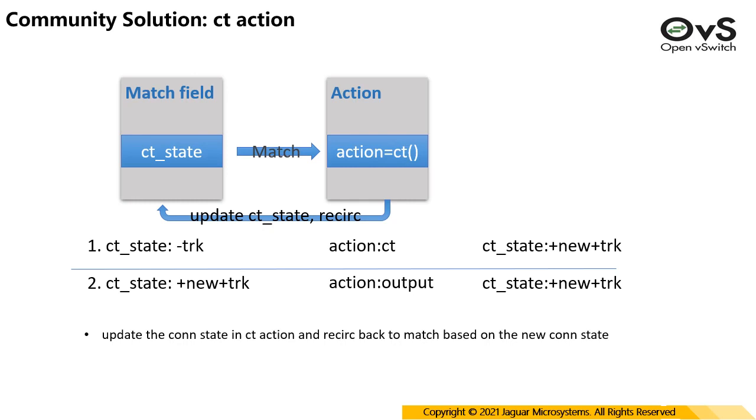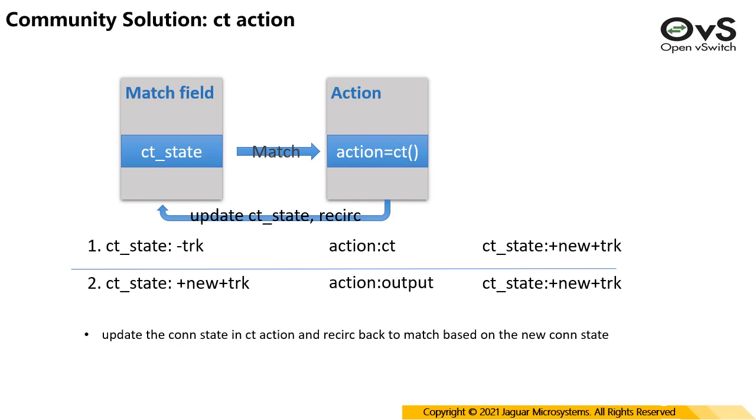In most cases, there are no actions after this. Thus, the original packet gets dropped, and the forked one will be sent to the connection tracker, which will re-inject it into the OpenFlow pipeline to resume processing, with the CT state updated to track and new,